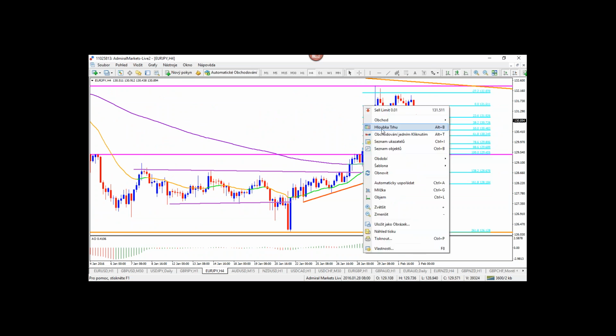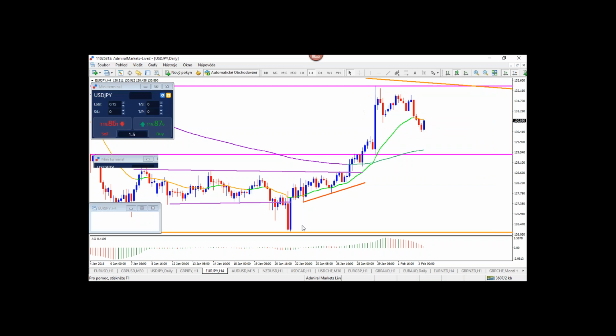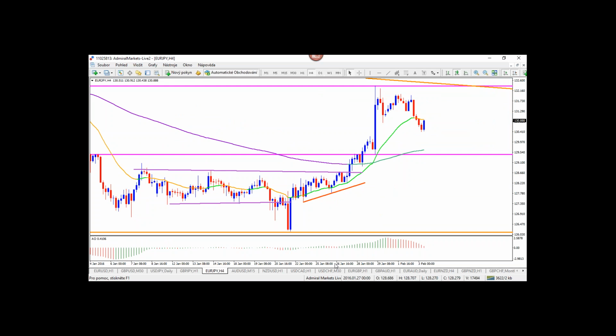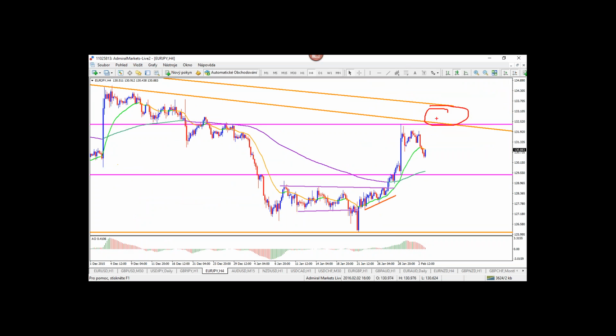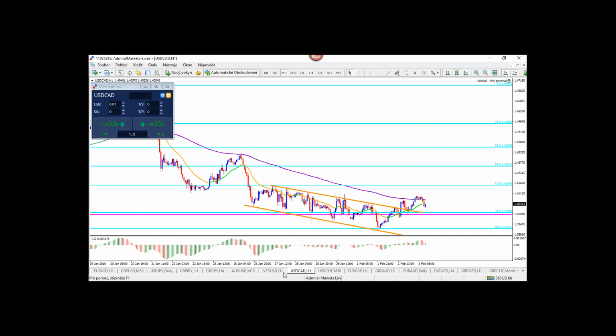So it could be more of a bounce, but I don't like the yen. I mean, the dollar yen, I don't know. Your dollar's in a triangle. Dollar yen is bouncing. I'm not sure if this is the best moment. I'm not a big fan of the euro yen, considering that it's so close to resistance as well. Not that interesting for me. I like the Aussie a bit better, the dollar CAD a bit better. Kiwi